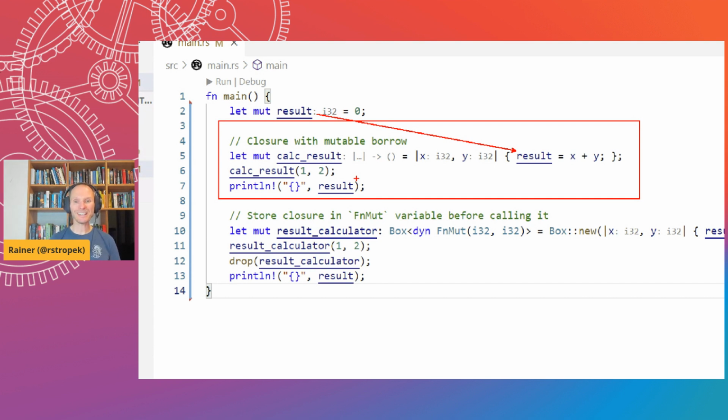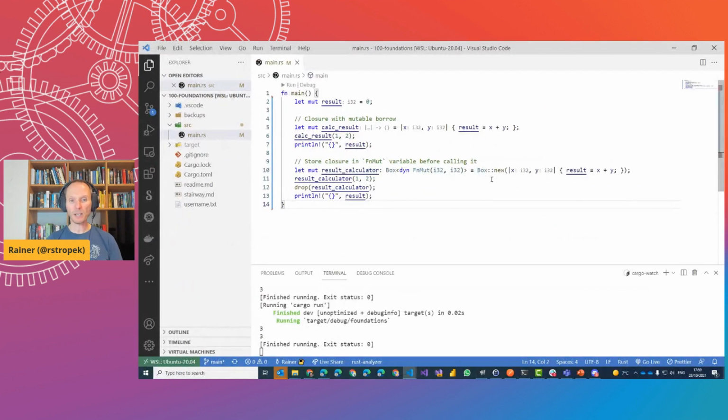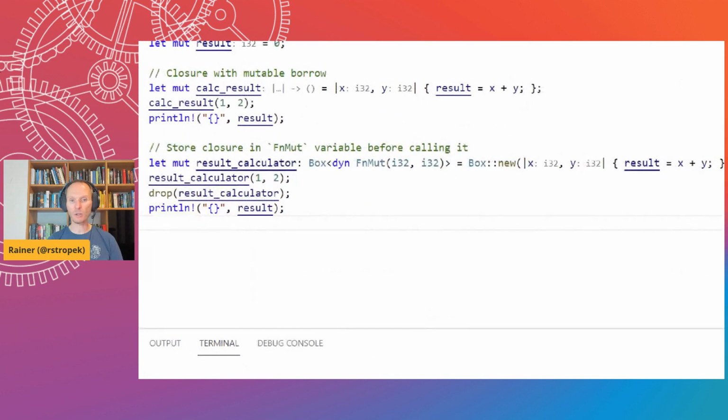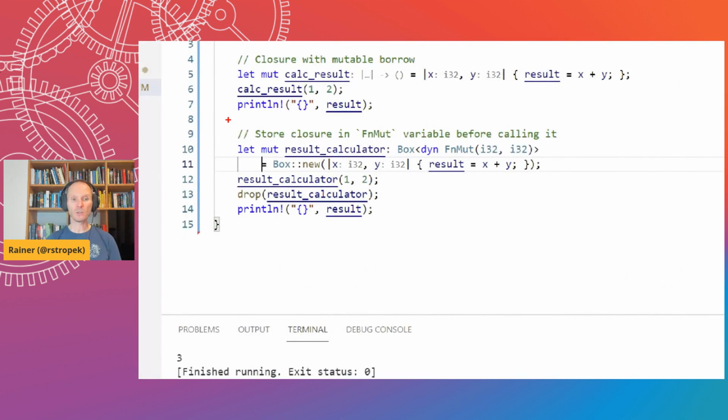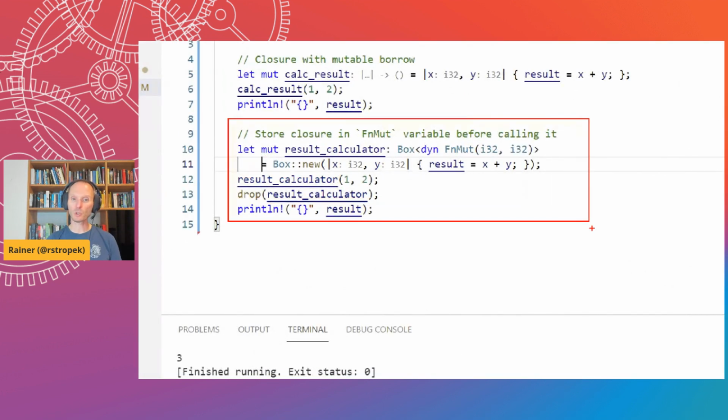If it is an FnMut, we don't see that if we just use these three lines 5, 6, and 7, because here I'm just calling it, everything is fine, everything is good. But it becomes very clear if we take a look. Oh, that's maybe a little bit too wide. Let me do it like that and zoom in again. If we try again to store this